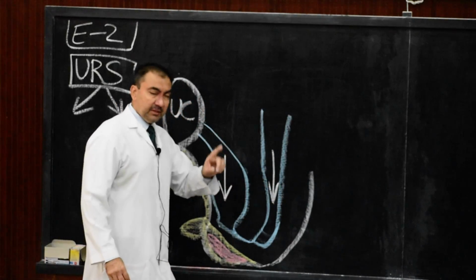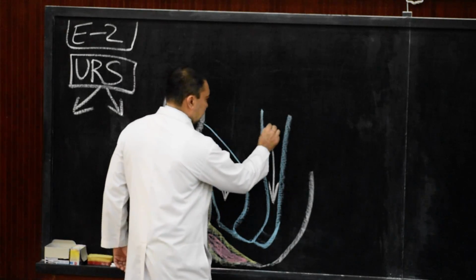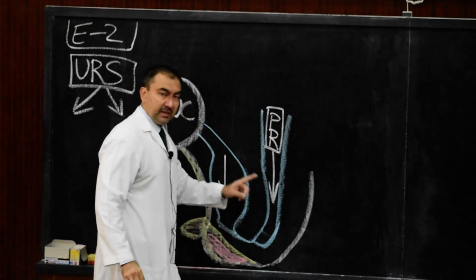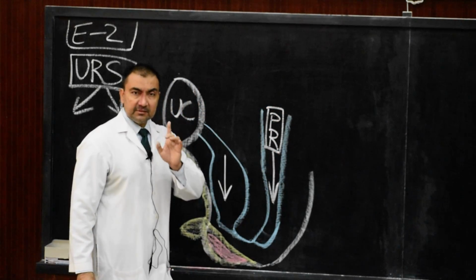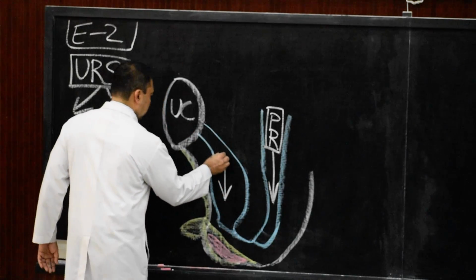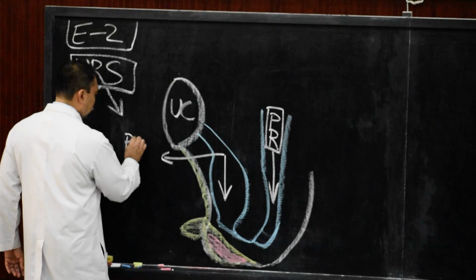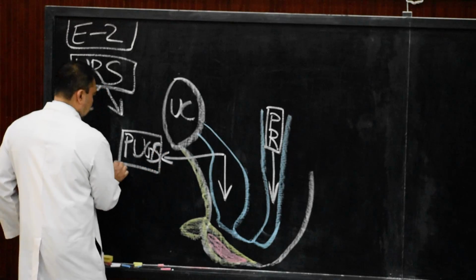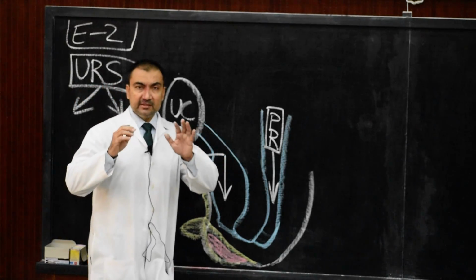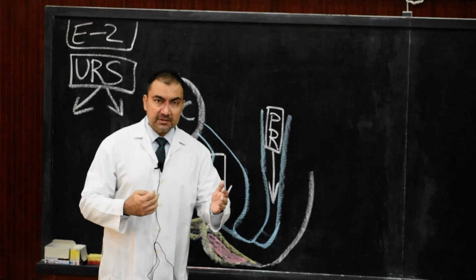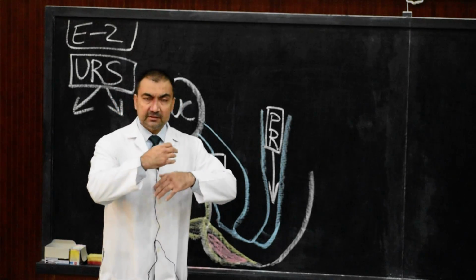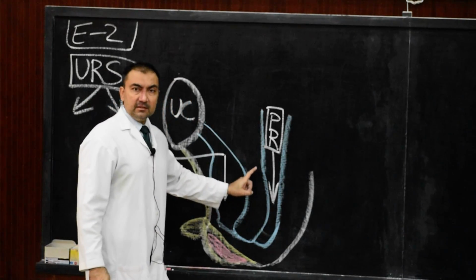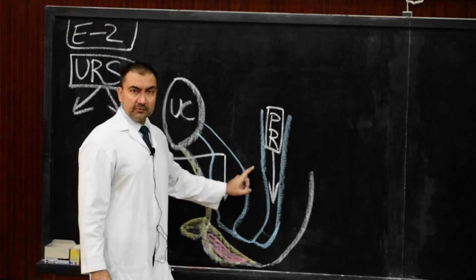The dorsal segment will be known as primitive rectum. Please try and mention this, mark it as primitive rectum. And the ventral segment will be known as primitive urogenital sinus. So here, this segment will be primitive urogenital sinus. Please mark it. So the entire endodermal cloaca is split into ventral and dorsal divisions. The ventral division is called primitive urogenital sinus, dorsal division is known as primitive rectum by the development of urorectal septum. This is very important.